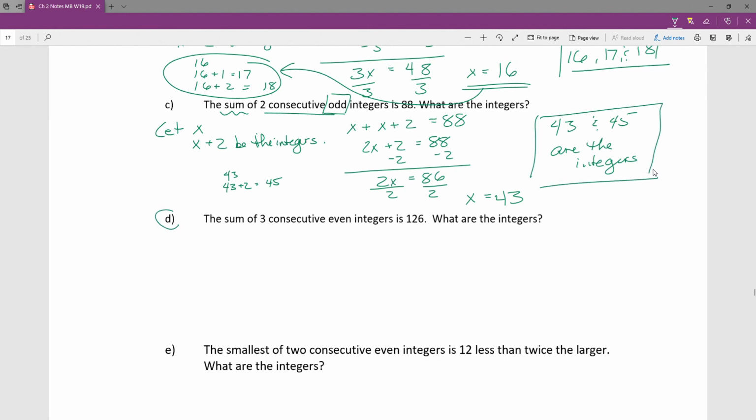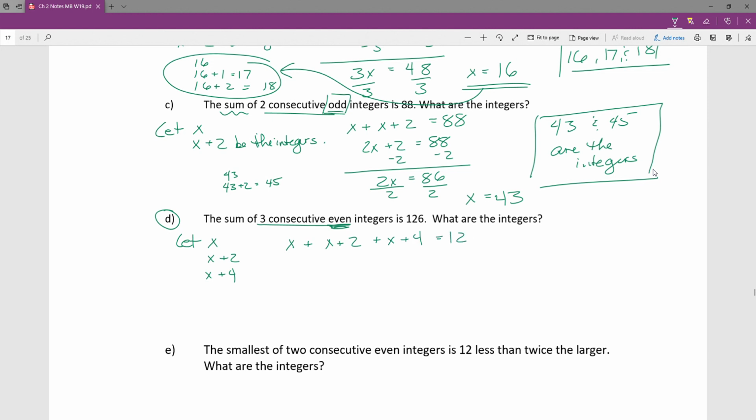D, we can pause in class and you can give this one a go. This is the explanation of it. It's 3 consecutive even integers. So we've got x, x plus 2, and x plus 4. And again, it doesn't matter odd or even, they're always 2 apart. And so the sum of these 3 things together